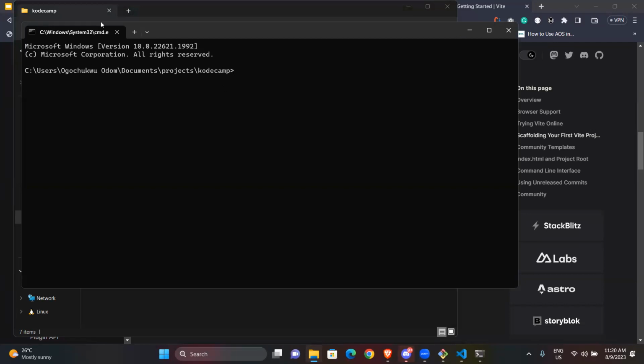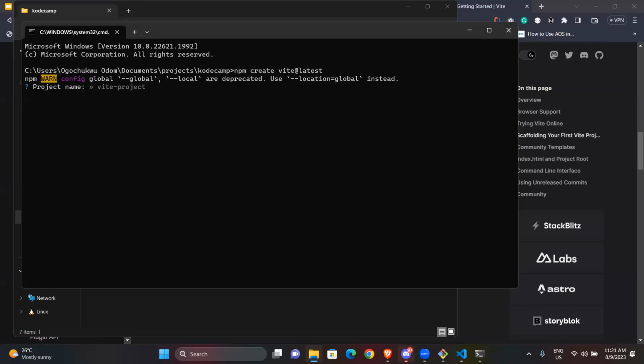This gives me another terminal, the Windows terminal. So I can just do npm create vite@latest, npm create vite@latest. It has to be done inside the terminal.